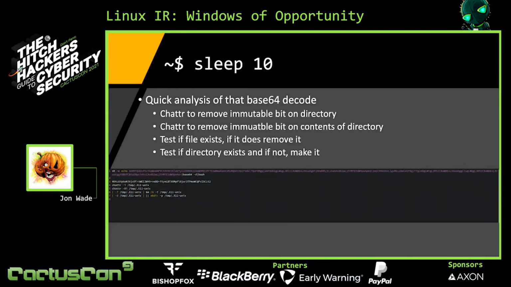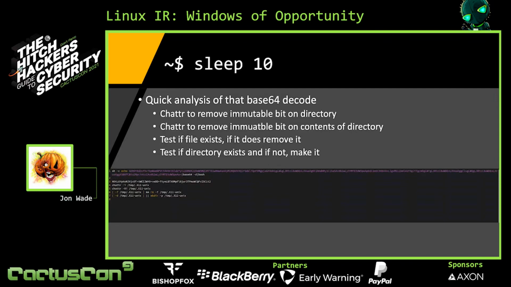So let's do a quick analysis of the base64 decode. I pulled it out of the data there, it was available. Just copy and paste it into Vim here so we can take a look at it. And then I did a quick base64 decode on it. I like to take notes, particularly on stuff like this. Taking notes is super helpful. Always save them off, organize them.